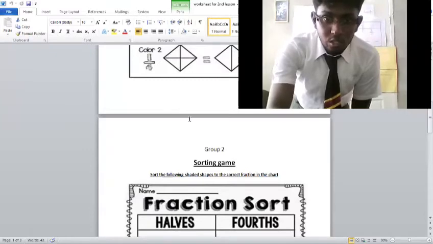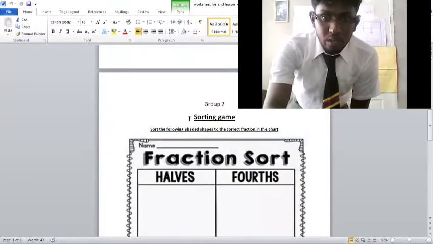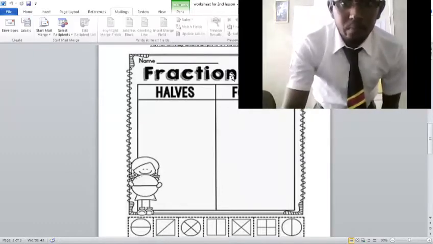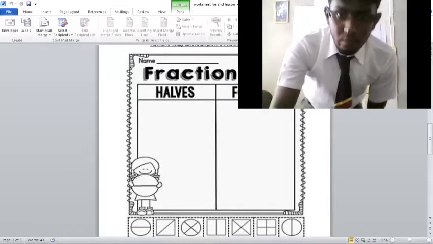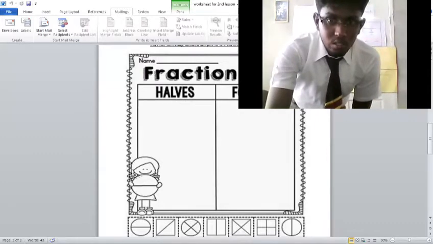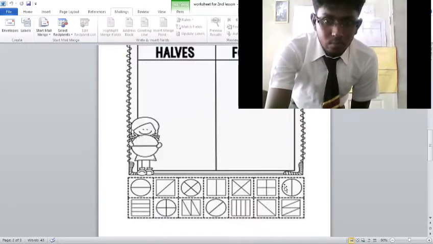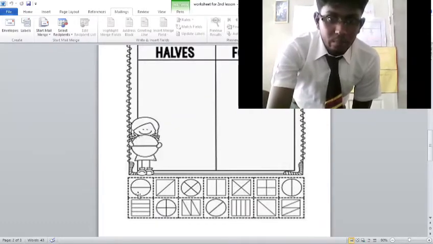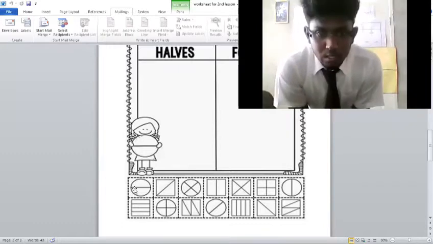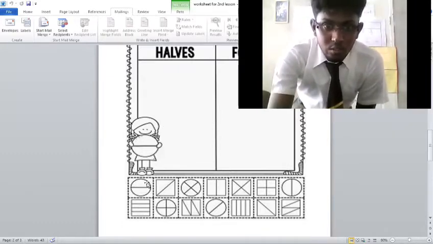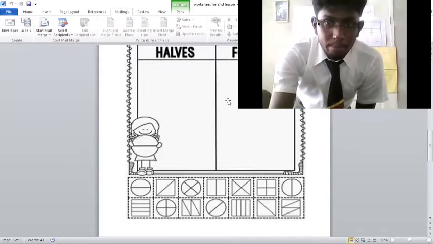Group 2, you have a sorting game. Sort the following shaded shape to the correct fraction in the chart. So this is fraction sorting game. You have halves and you have fourths, which is quarters. So you have to look at the shape at the bottom and you sort them. What you could do is draw them. You could print this out, draw them in the correct column, or you could cut them out and paste them. Okay,